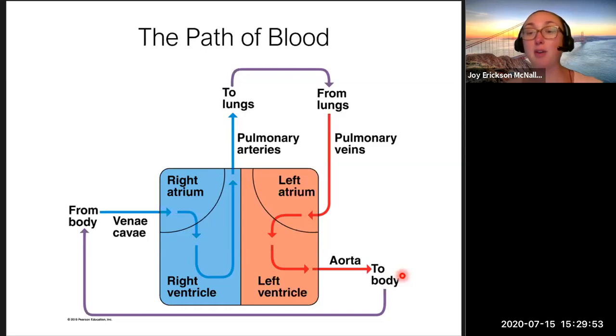And the branching from the aorta are the coronary arteries that supply the heart and several large arteries to the upper and lower body. And again, within each organ, we have arteries branching to arterioles, from arterioles to capillaries. Capillaries allow for exchange of gases and nutrients, etc. Then capillaries coalesce back into venules, which coalesce back into veins, which coalesce back into inferior and superior vena cava, and we've completed then sort of the systemic circuit of the circulatory system. So that's the path of blood.